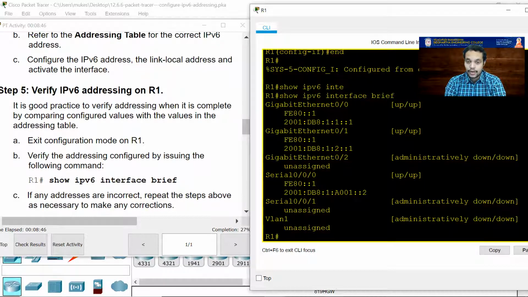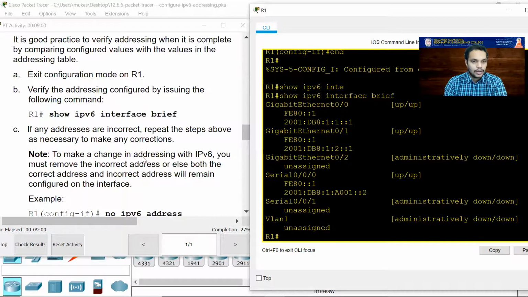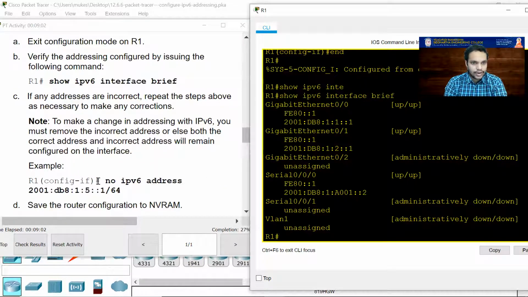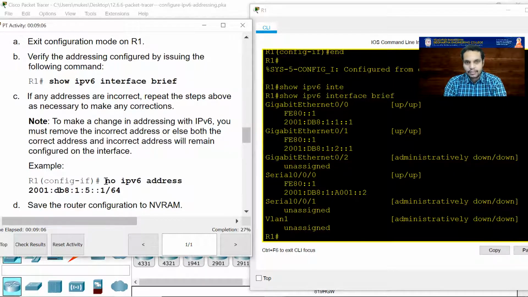Especially while working with IPv4 and IPv6 addresses, a lot of students tend to make many mistakes, many of them typing mistakes rather than other things. Okay, so now let me start looking at the other things. It's saying okay, fine. See, this is what it has given you. If you have made any mistakes in the previous steps, please make sure that you use the no command.